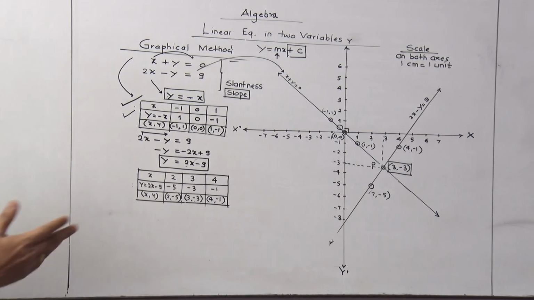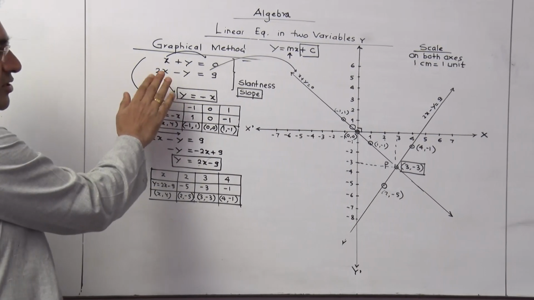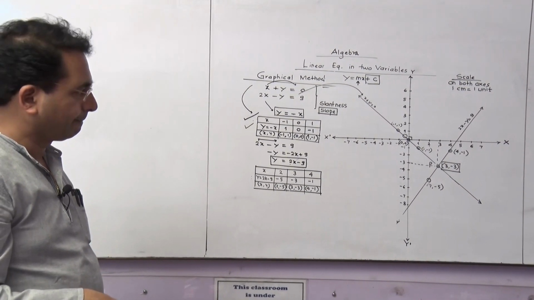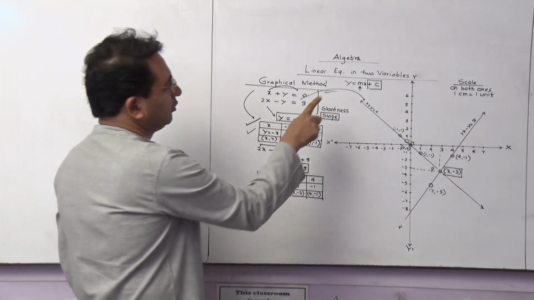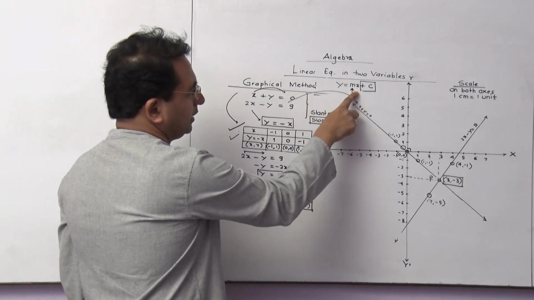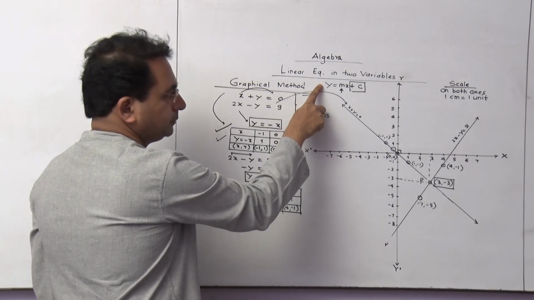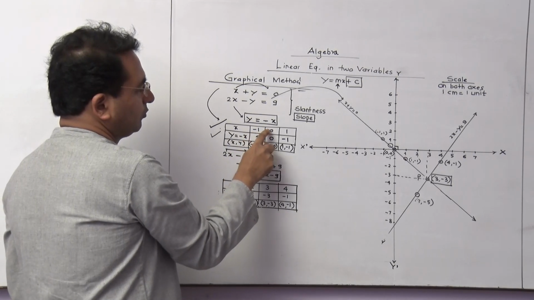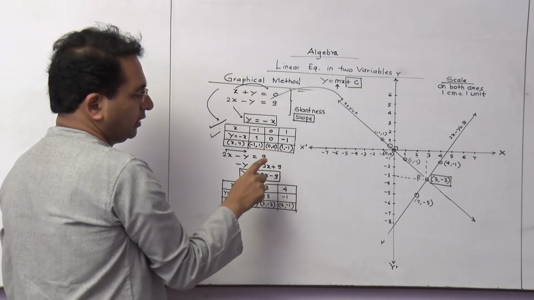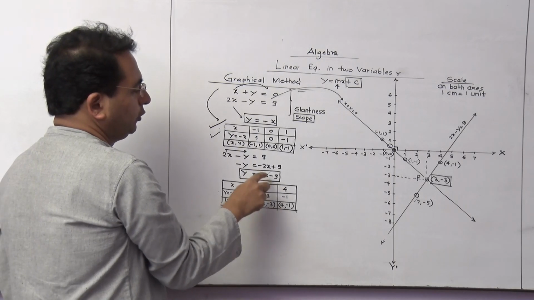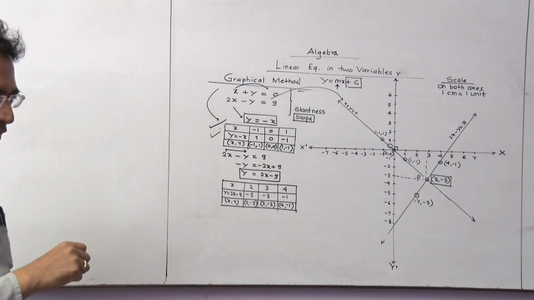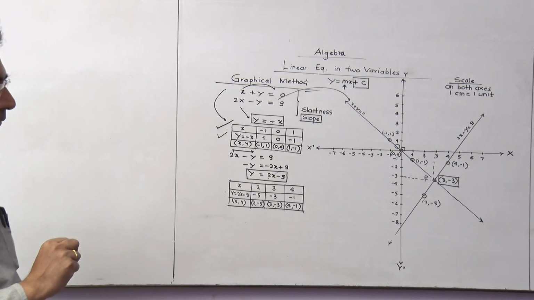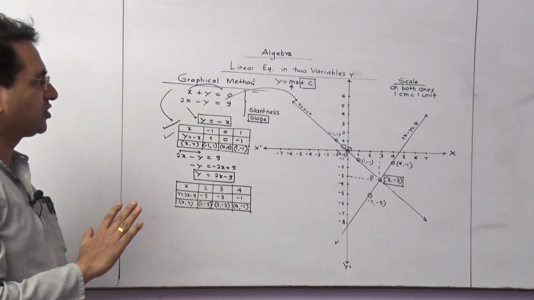They can give you any sort of equations here, but this is the normal case where you don't have major odd calculations. First, remember that you have to always convert the equation into this form, where the coefficient of y should be 1. Prepare the table. Normally we take the values -1, 0, 1, but sometimes you have to take values according to the type of the equation, so that you can plot the points easily on the graph. This is the normal method which can be asked in the exam.